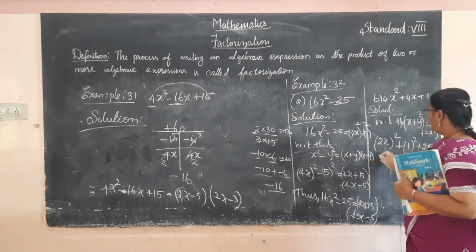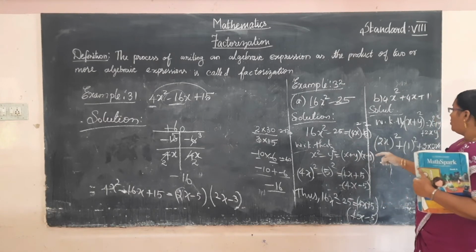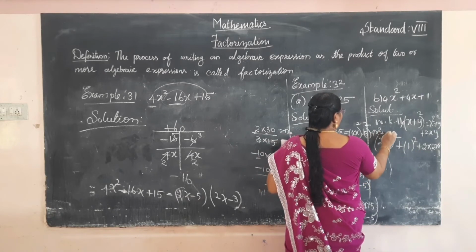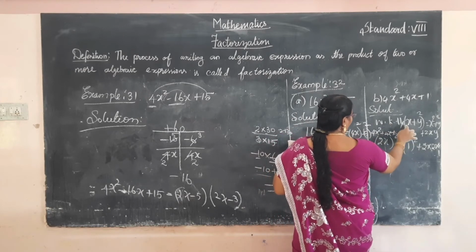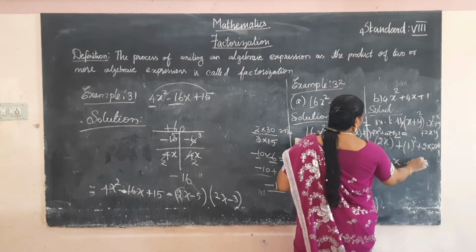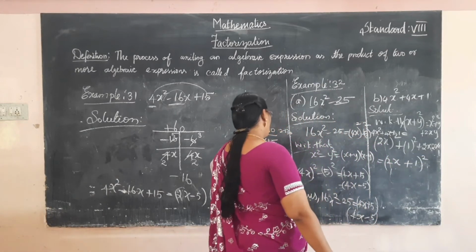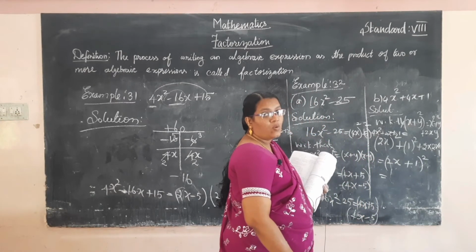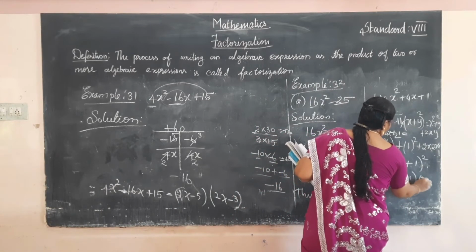So multiply, what do we get? We get this value. This is the expanded form of 4x squared plus 4x plus 1, which equals the expanded form of x plus y the whole square. What is the x value here? 2x, plus y value is 1. So 2x plus 1 the whole square. What is the meaning of 2x plus 1 the whole square? It can be written twice, so 2x plus 1 into 2x plus 1.